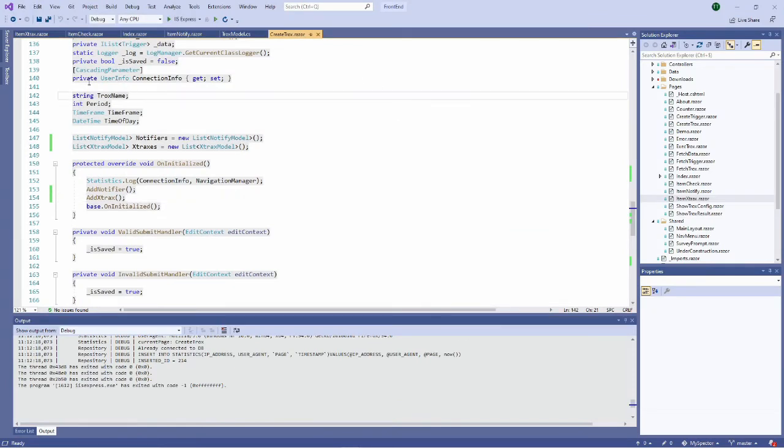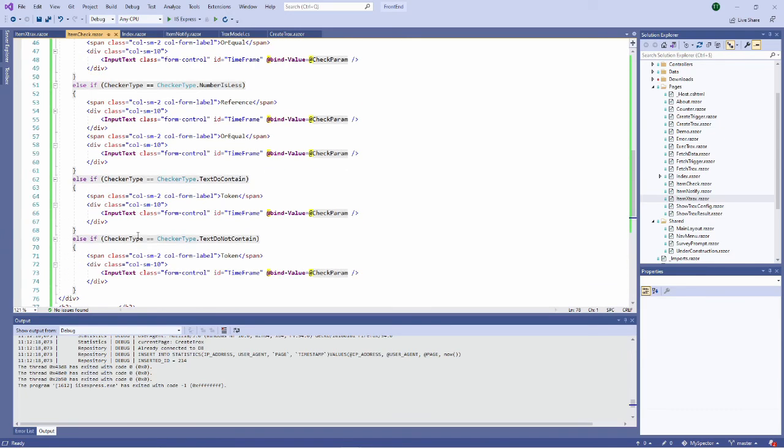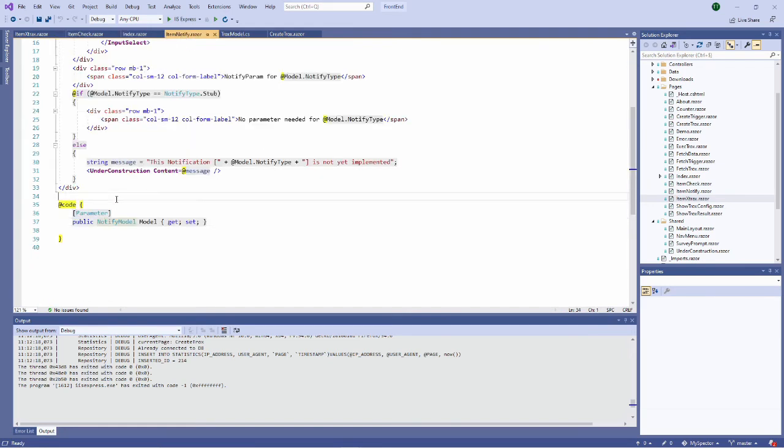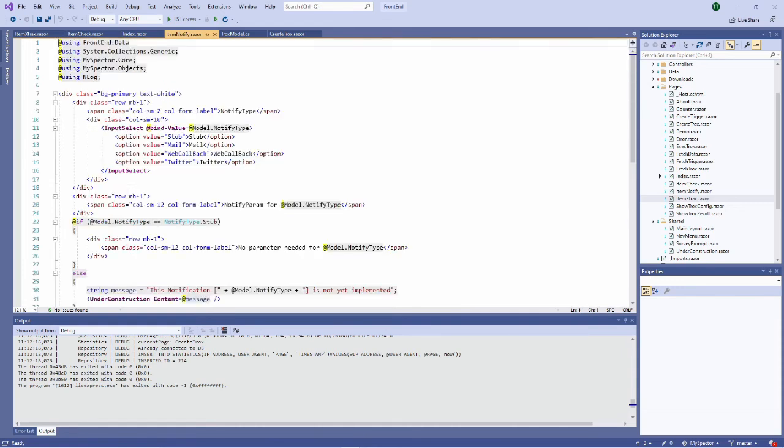So when I look at my item notify, it is in the div which is defined here. BG primary text white. Okay, this is a component of the Bootstrap framework.